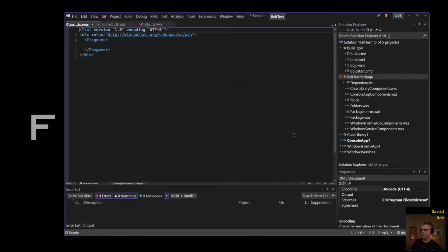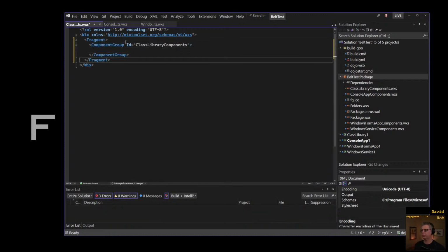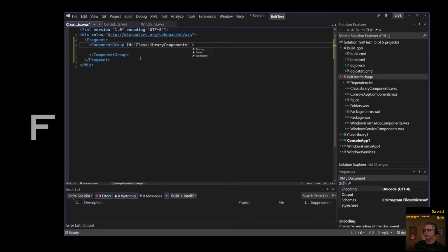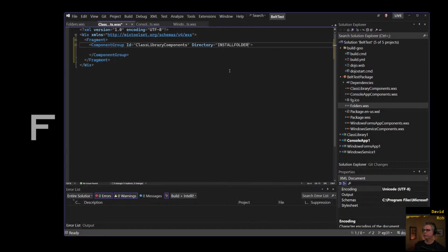Sure. Whatever. All right. Now, where do we put our components in? Let's start with a component group ID, and I like to name it the same as the file usually, because that's really logical. Kind of like we name our source files in C# code, the name is the class, so I like to name the files the same as the component group. The component group being like the heaviest part of this. All right, and what directory are we going to install to? Do you remember the directory name, ID? The install folder. That's right. We'll grab the install folder.